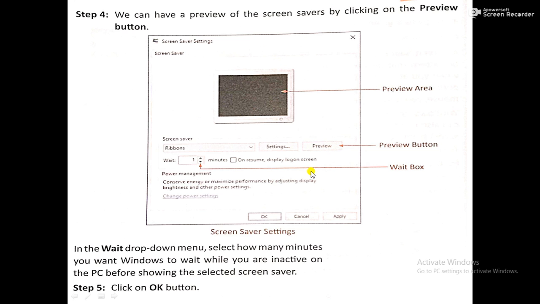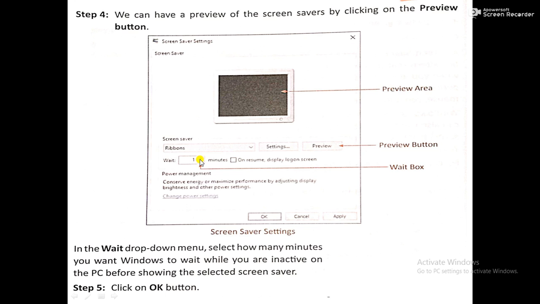And the wait box. In the wait drop down menu, select how many minutes you want Windows to wait while you are inactive on the PC before showing the selected screensaver. The options are 1 minute, 2 minutes, 3 minutes, 5 minutes, 10 minutes.